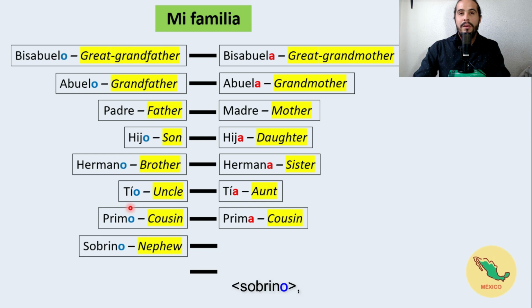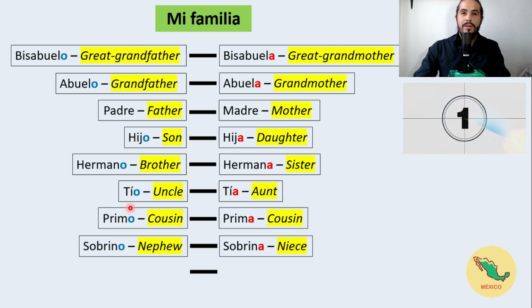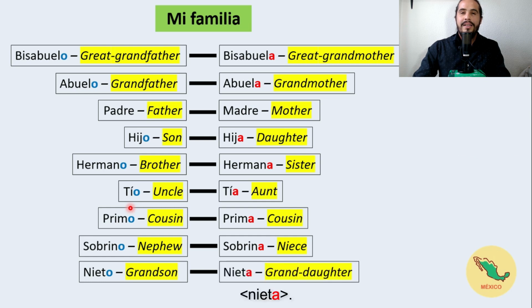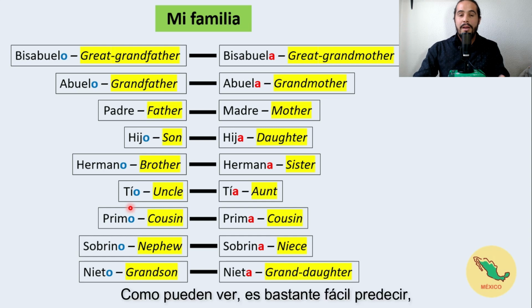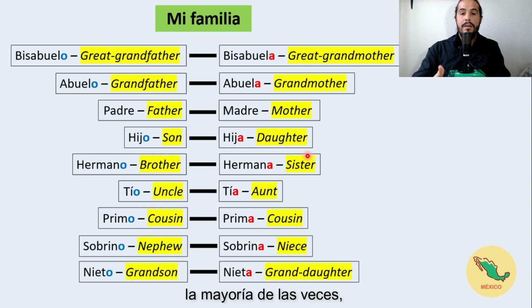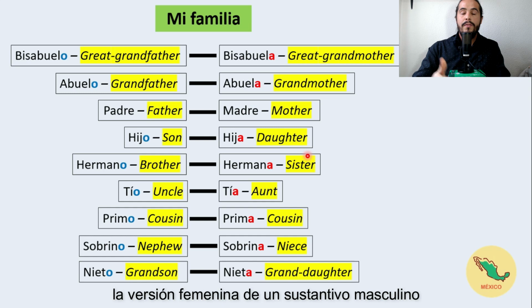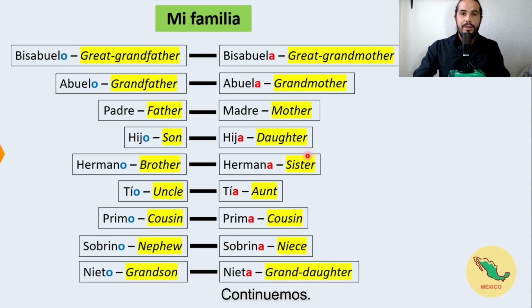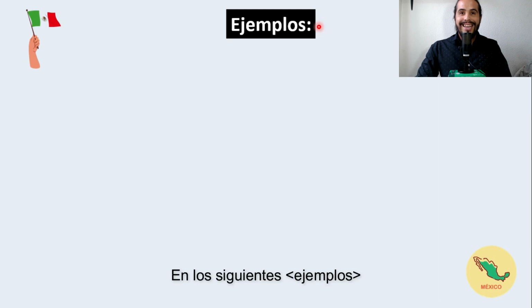Sobrino. Sobrina. Nieto. Nieta. As you can see, it is quite easy to predict, in most of the cases, the feminine version of a masculine noun or the masculine version of a feminine noun. So let's continue. In the following ejemplos,